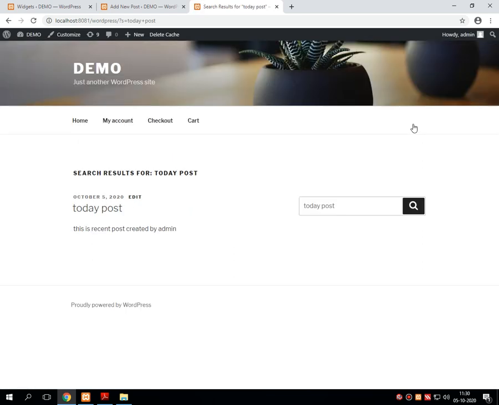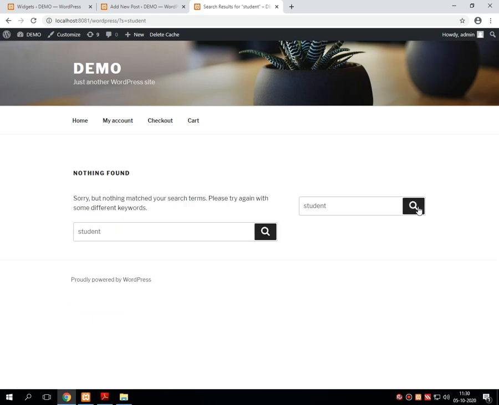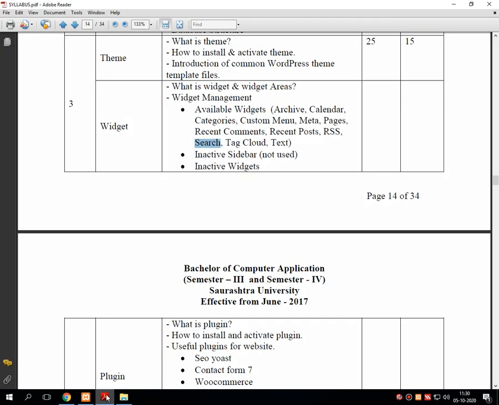If that post is present, it will display onto the screen, and if that data is not present in the database of WordPress, then it will simply return: sorry but nothing matches your search term, please try again with some different keywords. So in this way search will directly run. We need not code anything in these widgets.